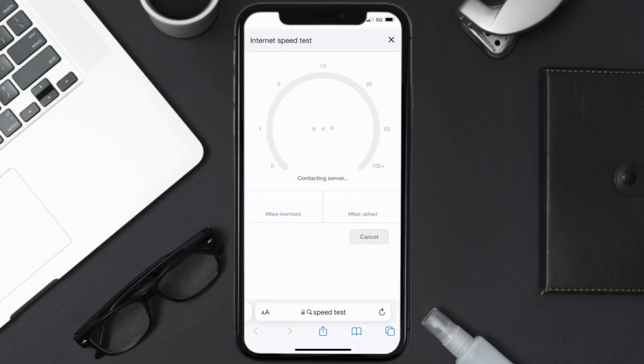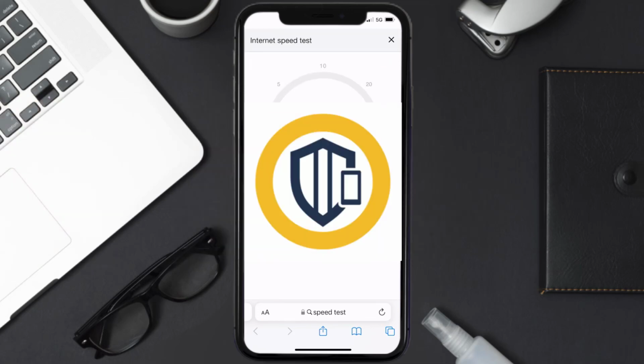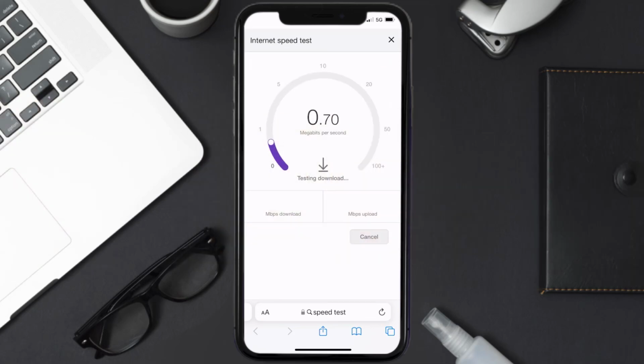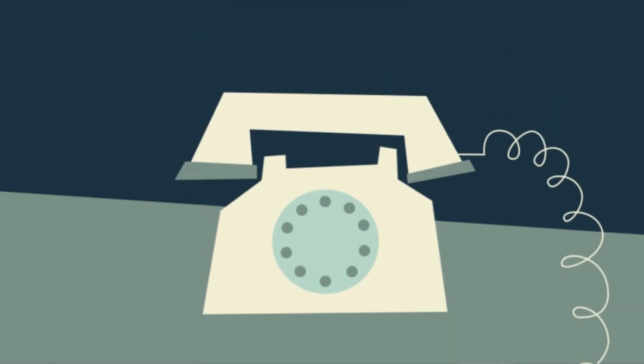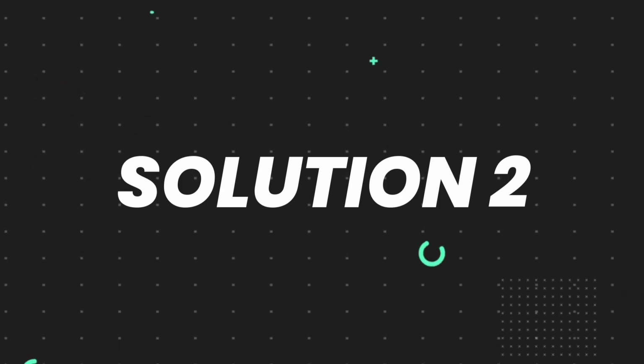The minimum speed required for SEP mobile app is usually 2 to 3 Mbps. So if it's anywhere near or above this number, that's fast enough. If your internet speed appears to be unreasonably low, then you may need to contact your internet service provider for help. This should fix the issue, but if it doesn't, then you need to make sure you're running the latest